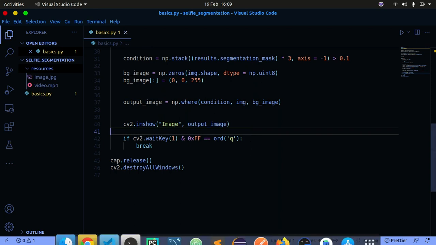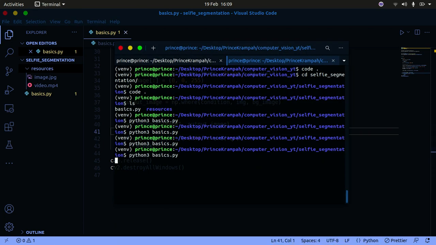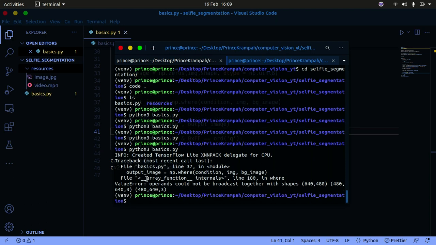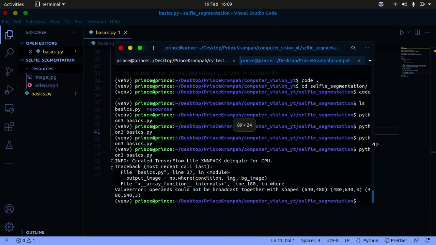So I have no errors in my code, so let's go ahead and try to run this. So once I run this, let's see. Okay, I got an error. It says that output image, okay, the where condition, we have an error there. So it says that could not broadcast together with shape this. Okay, let's check the shape. So it's 480, and then